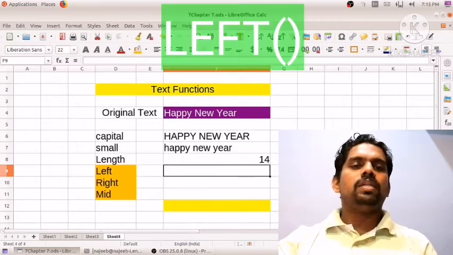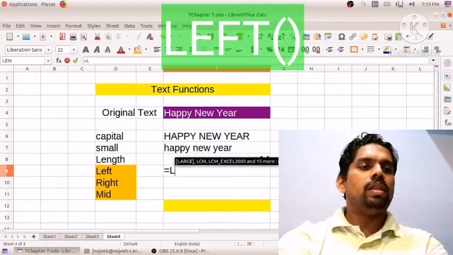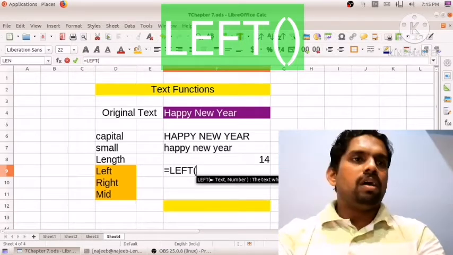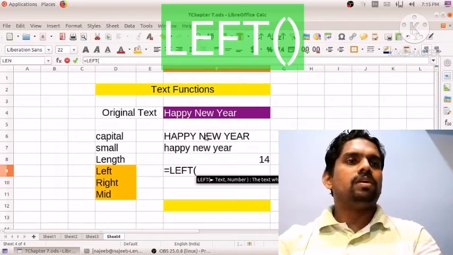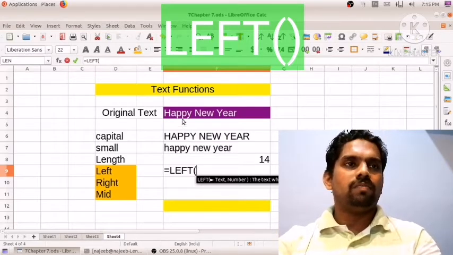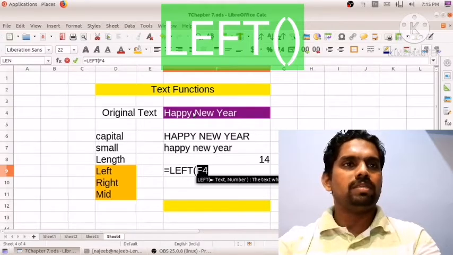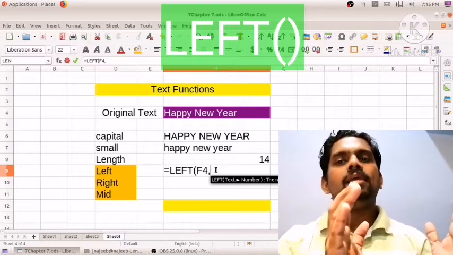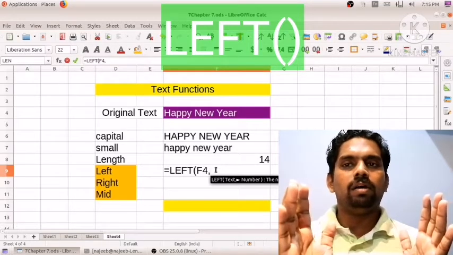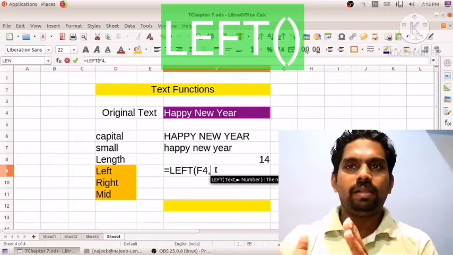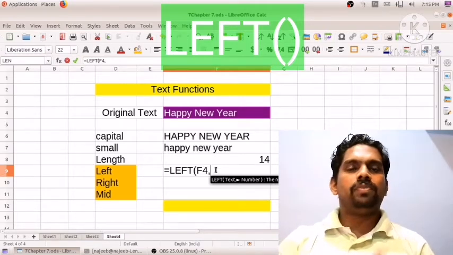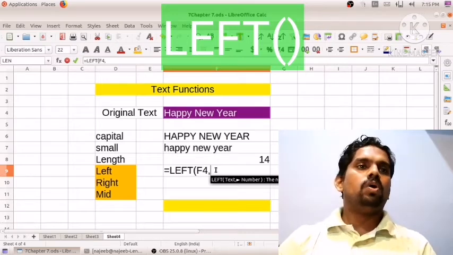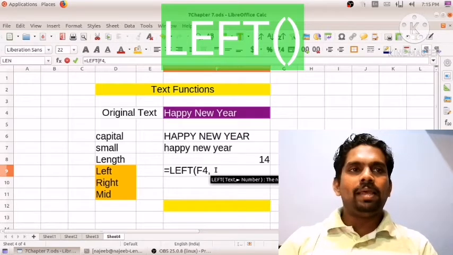For that purpose we use equal to left. In this left function we are using two arguments. First, our original text, so I am selecting F4, then comma. Then, how many characters should be displayed on the screen from the leftmost letter. I need to display Happy.